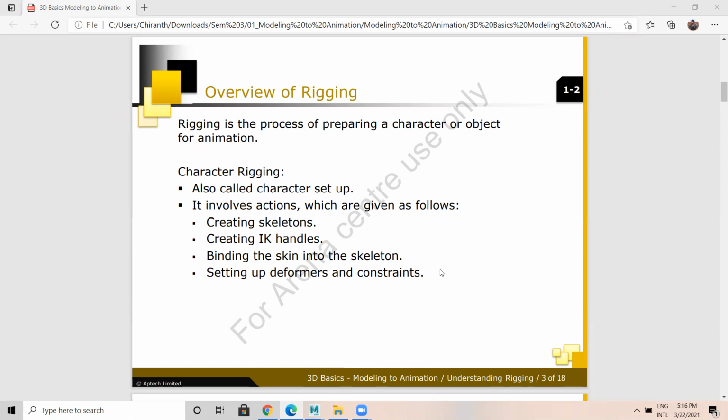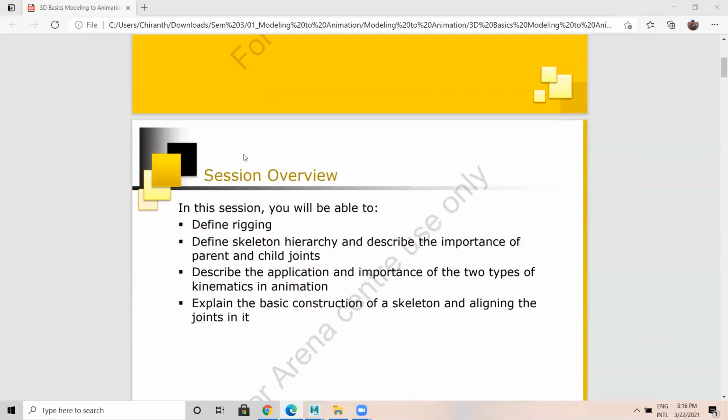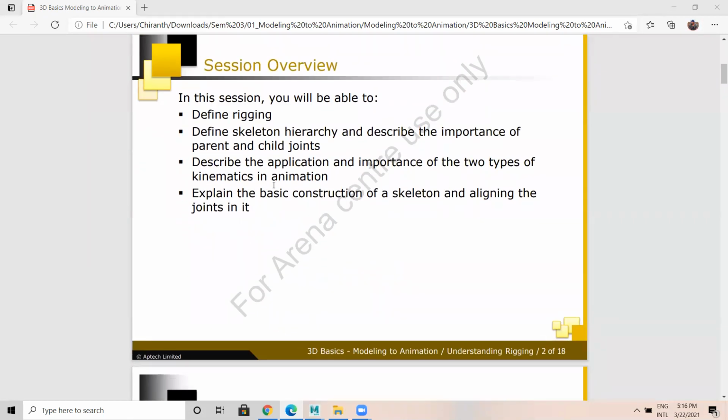Okay. The first process is rigging. Once the rigging is done, once the character setup is done, the next process is binding. So let us look into rigging first. Rigging is nothing but adding a skeleton, or creating a skeleton for the characters. Once rigging is done, we have to give a lot of connections, then the binding part.